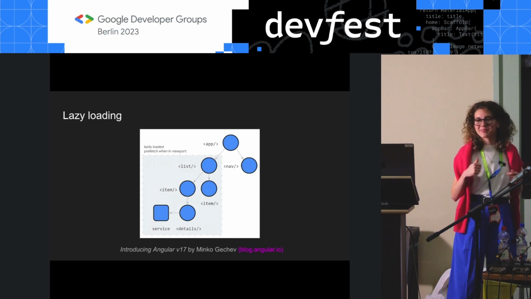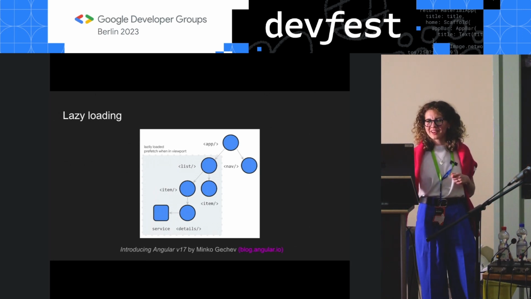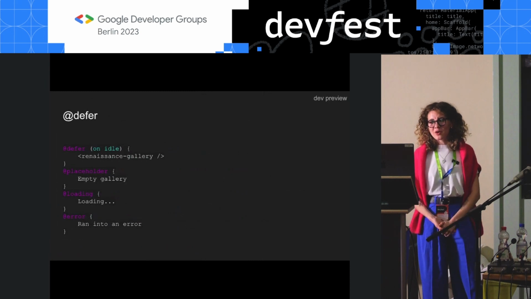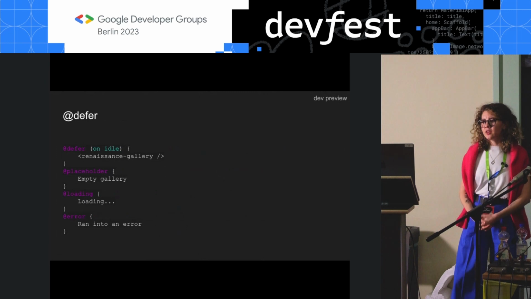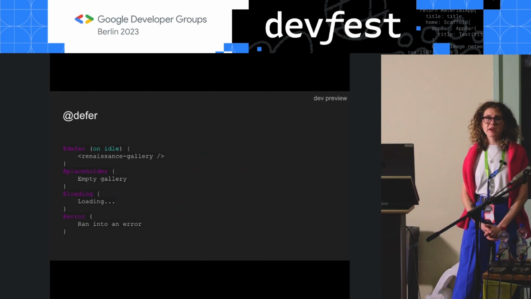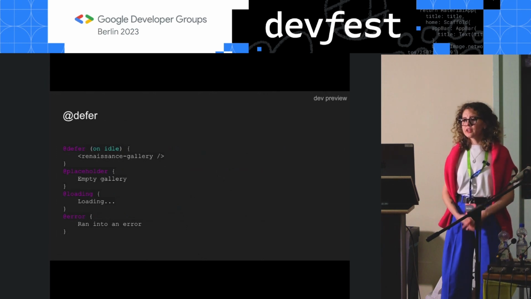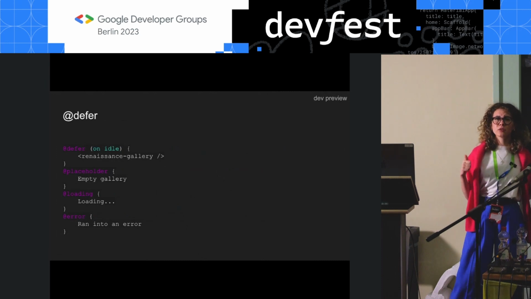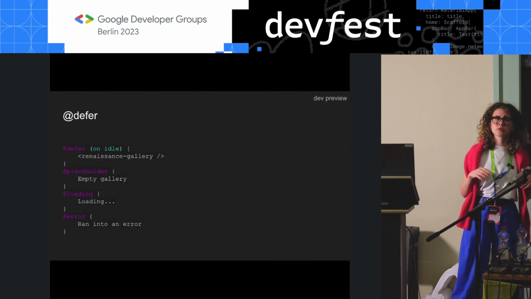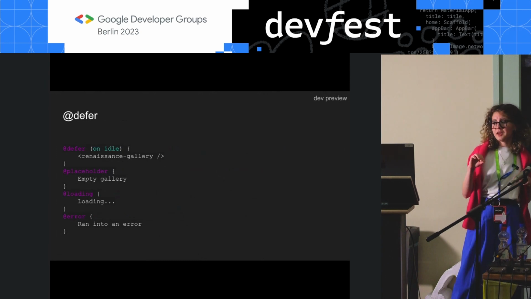However, the Angular team calls it deferred views. Let's take a look. So to use this feature, to lazy load some of your content, you can wrap a section of your template in a defer block, which also specifies a loading condition. And it looks something like using JavaScript in your template. And I think it's really cool because it's kind of natural for us to write as developers, but also it's very easy to spot in an HTML file because it's so different from the HTML markup. So it's very readable.